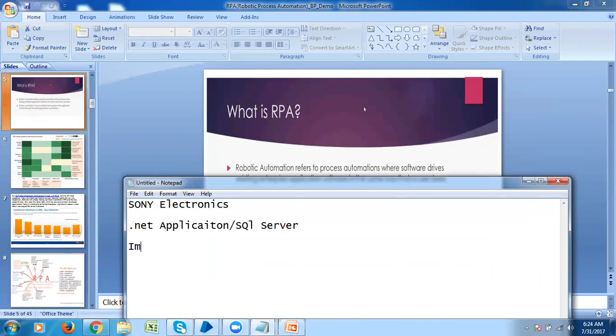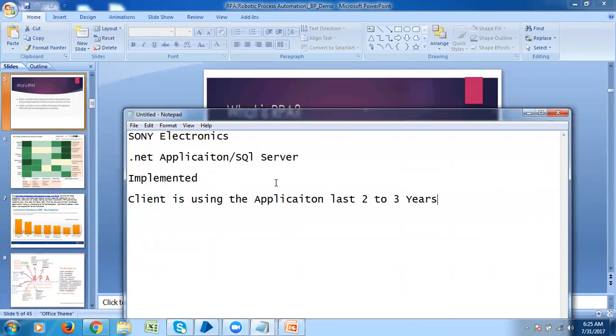This is already implemented, and the client has been using the application for the last 2 to 3 years. The application is stabilized, perfect, no problem, no errors. When I say client, who is using it? Client employees, we call them end users. Let's say the client Sony company has around 2,000 employees using this application.